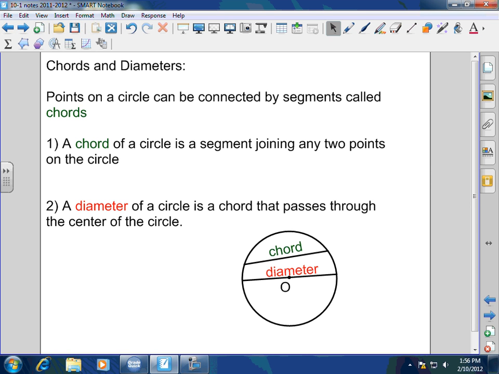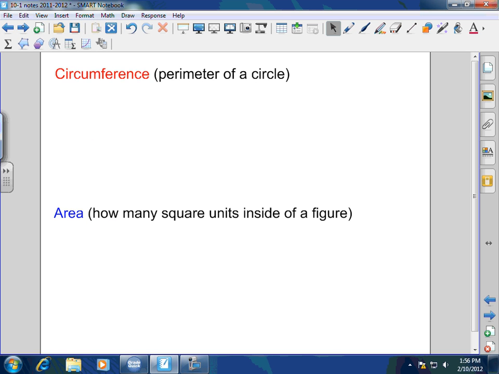Points on a circle can be connected by segments called chords. If that chord happens to go through the center, then it is a diameter, okay? So a diameter is a chord, but a chord is not a diameter. All right, and that we knew as well. So chords and diameters, very simple. Now,